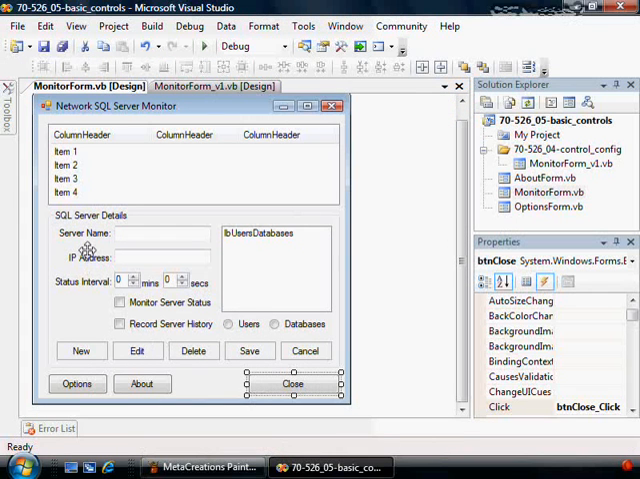Now let's move on to labels. And of course labels are used to describe the control that's usually